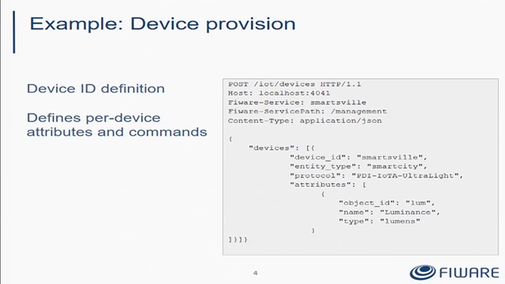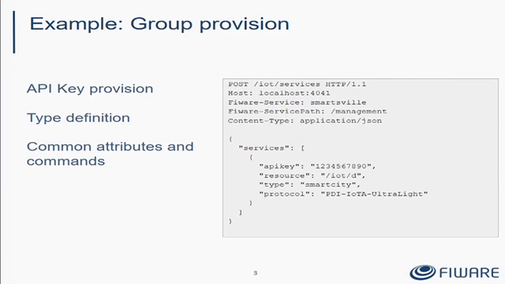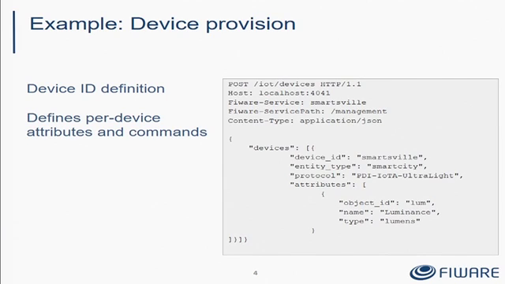Whenever the device is going to send information, it will indicate two pieces of information to the IoT agent in order for the IoT agent to know how to map the information that's coming. One of those pieces of information is the API key of the group of devices the device belongs to, and the other one is the device ID you will give in the registration of the device itself. As you can see, when you register a device ID, you can define some information about how the device data is going to be mapped to the entity data in the context broker. Here, we only see the entity type information, but you can also specify entity name, and a lot of different ways of specifying the attributes of the